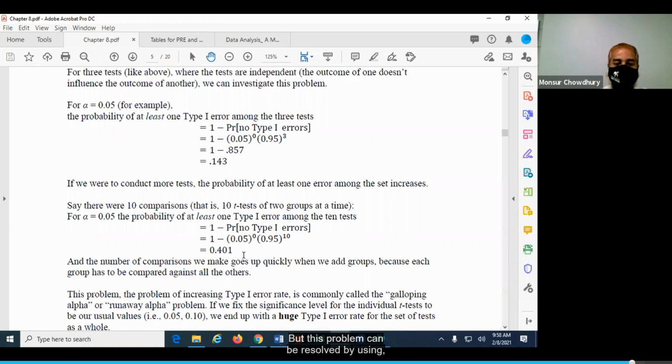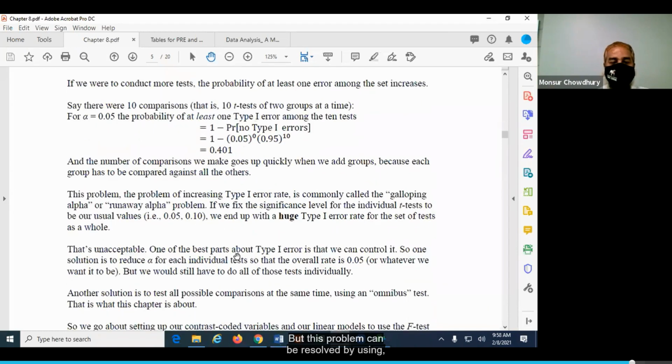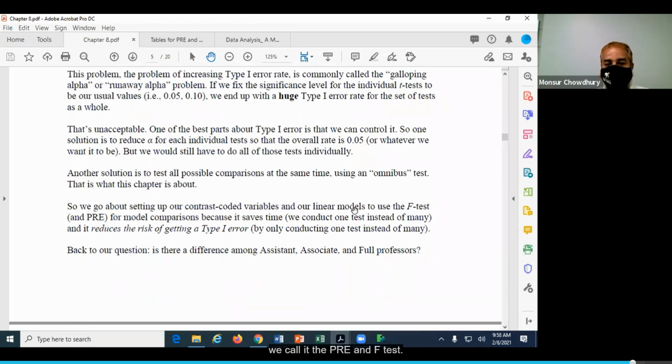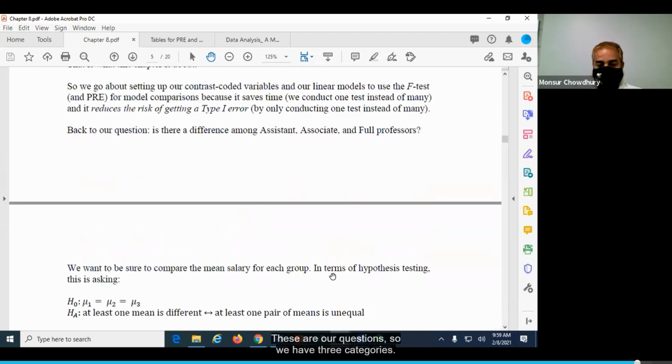But this problem can be resolved by using what we call the F test. When we do the ANOVA, we look at the F test. Again, we come back to the F test for the ANOVA. Now our question is, is there a difference among the assistant, associate and full professor salaries? We have 3 categories.